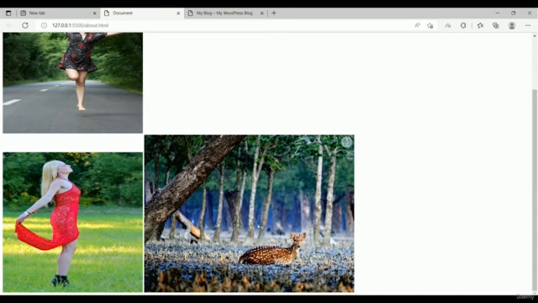So this is how you will add an image from a different website, and this is how you will resize the image. Okay,